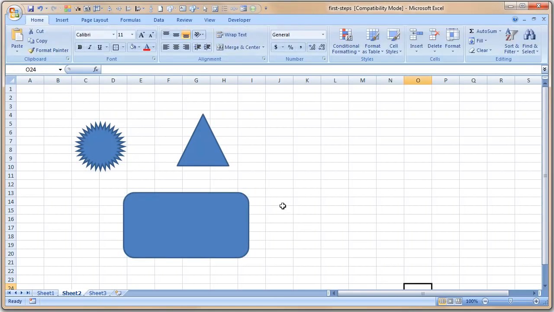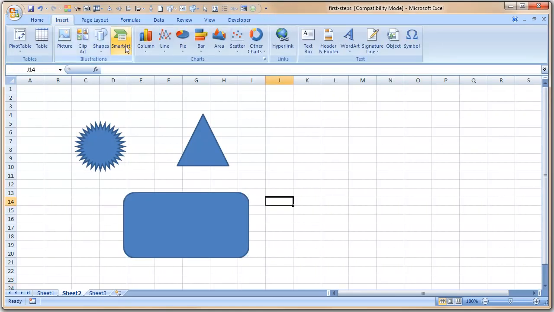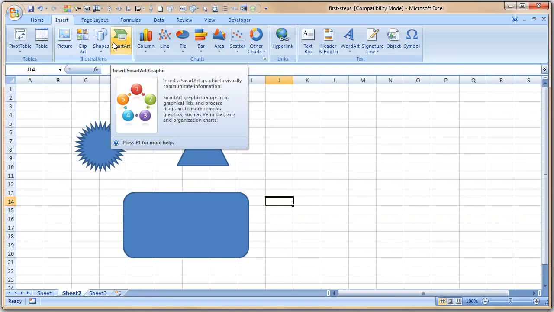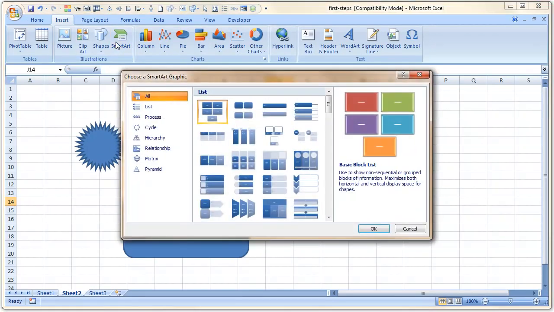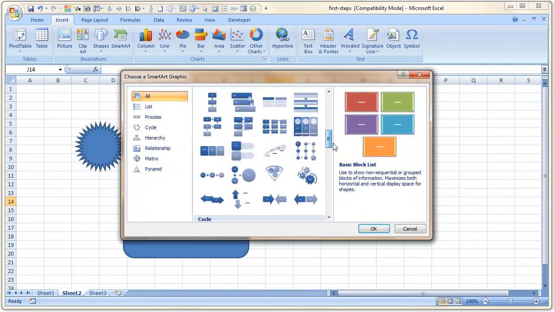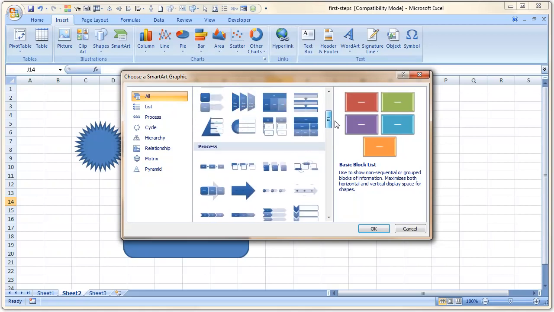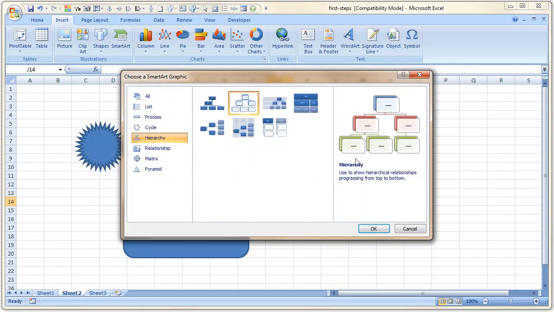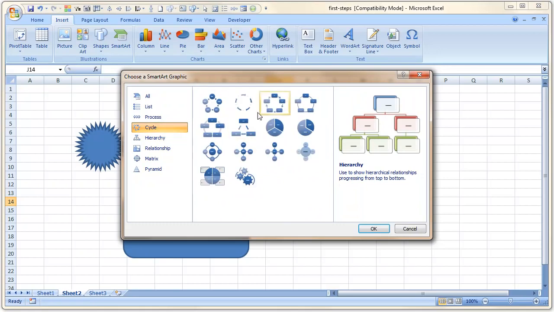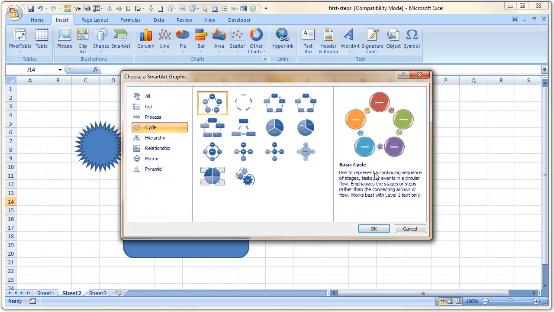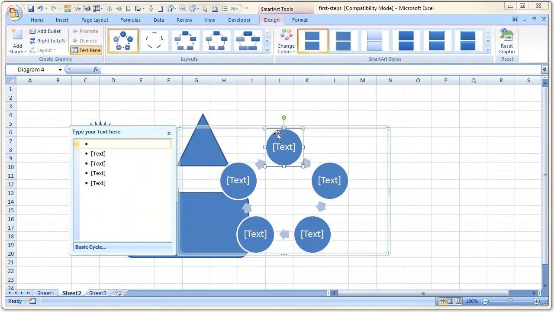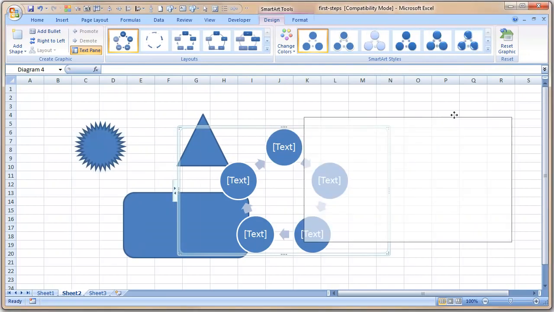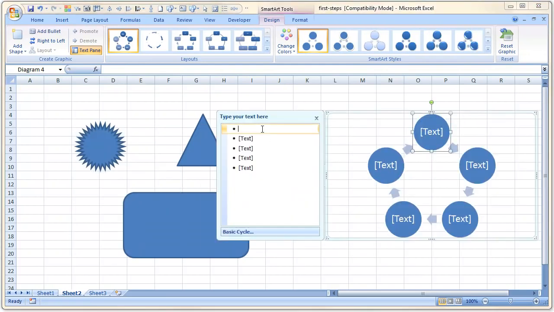So you can do pretty much anything. Of course there are so many more things. In Excel 2007 Microsoft has introduced something called Smart Art. Using Smart Art, you can insert a lot of diagrams that are used in day-to-day business settings. For example, if you want to show an organization chart, you can use this. Or if you want to show a circular process, for example, there are 5 steps in a process, you can use that. Let's drag this over here and then type